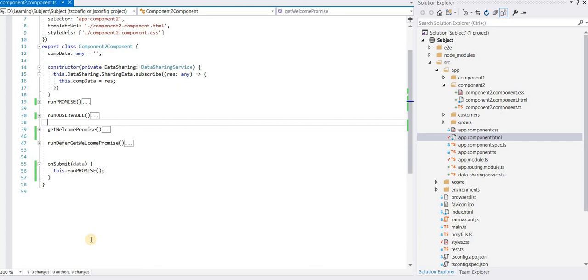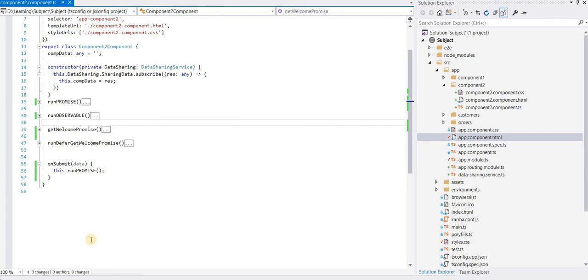So we are back again with part 2 of our observable versus promise video practical session. As we promised, we are going to create a part 2 with the practical session. If you haven't gone through the theoretical portion of this video, so that you get an understanding of what exactly promises and observables do, I will add the link for that video in the I button as well as in the description box. Please watch that video till the end so that you understand the whole cheat sheet that I have created for you. So let's start with the practical session without wasting time.